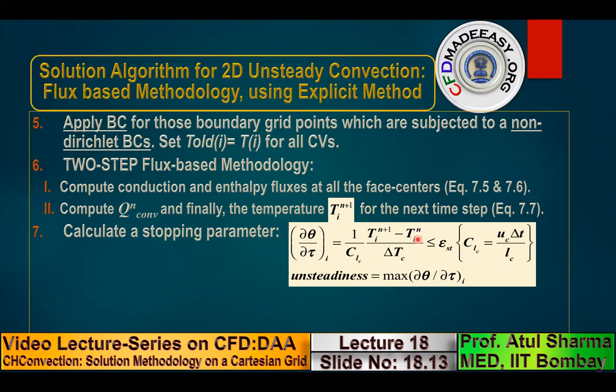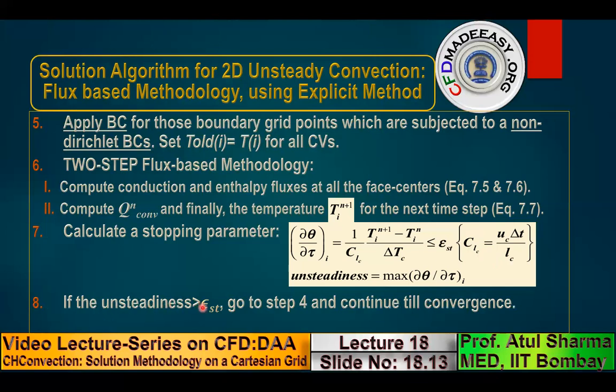And these are the dimensional values of the temperature from the previous two time steps, and this delta T is the characteristic temperature difference for a particular problem. So this is the non-dimensional temperature gradient with respect to time, which we call unsteadiness. We used a similar expression in conduction, where instead of UC we had alpha by LC. So in conduction, it was alpha delta T by LC square that we called the time step based Fourier number. Here, since we know the velocity scale, instead of the Fourier number, we are using the Courant number.